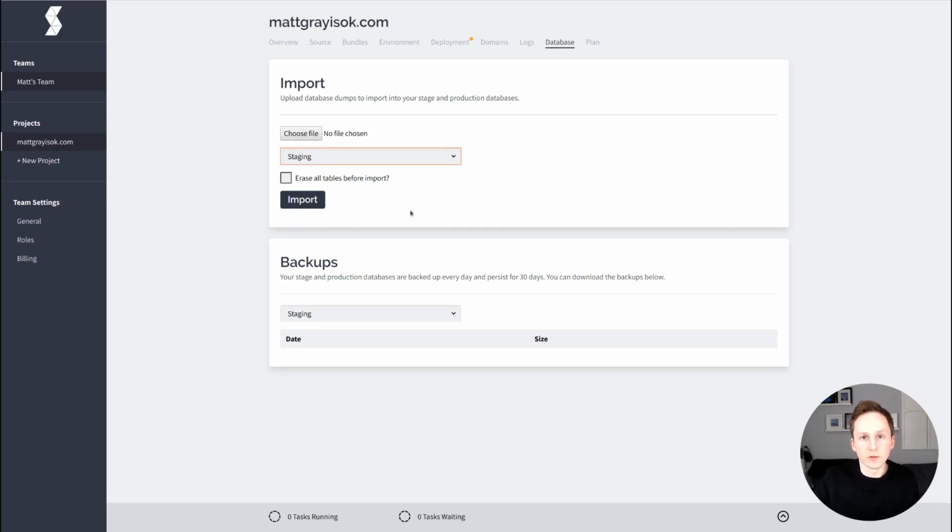And you also have the option to erase everything before the import takes place. That's pretty self-explanatory. Then we also have the backups section. Depending on which plan your project is subscribed to, the backups will occur at different intervals. A backup will take a snapshot of the database and store that for 30 days, after which it's